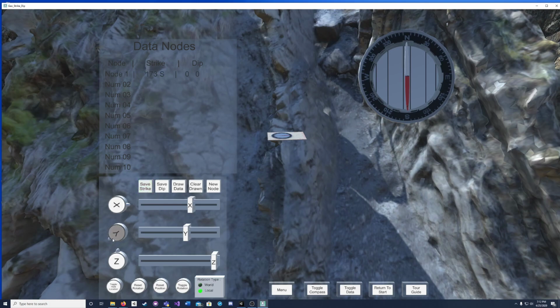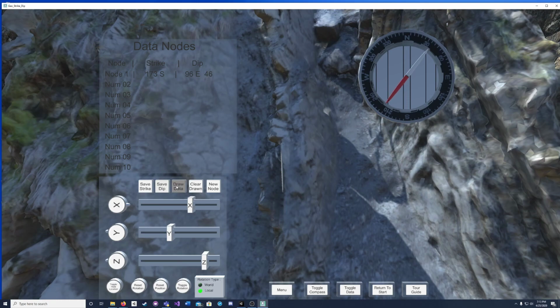And we'll go ahead and rotate it to try and get the dip here. Go ahead and save the dip.